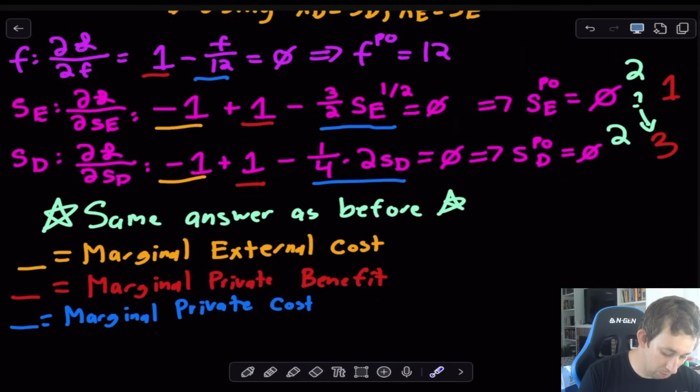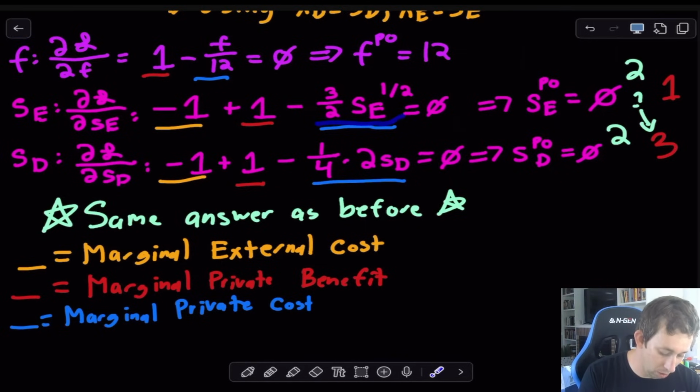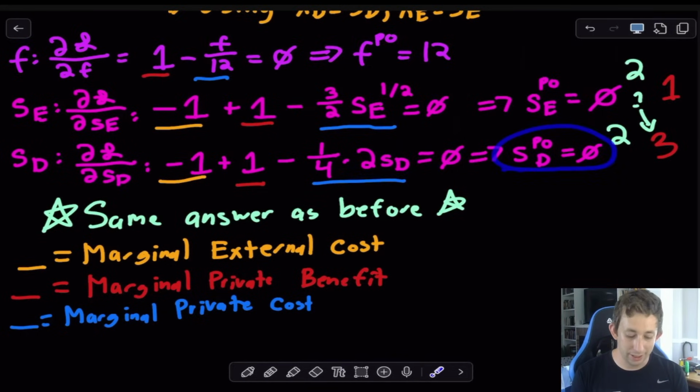And when we do this, we're going to see that, again, Bill's Pareto optimal amount of fish is 12. For Eva, we're going to get to the step that 3 halves SE to the 1 half is equal to 0. And so we're going to produce 0 steel. And for Dana, it's going to be the same situation where we're setting SD equal to 0. And so the Pareto optimal amount of steel that Dana should produce is also 0,